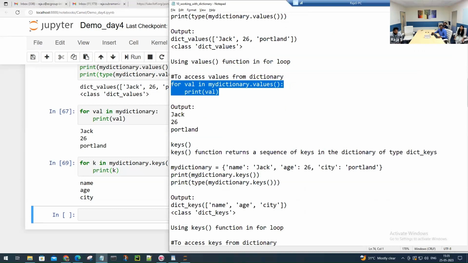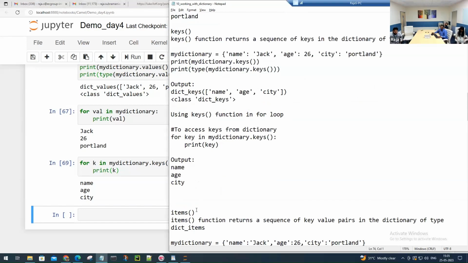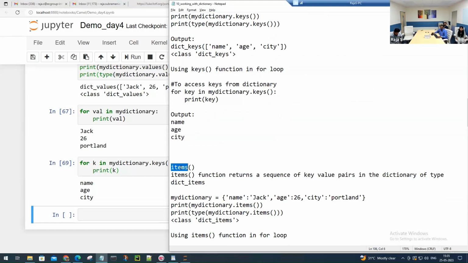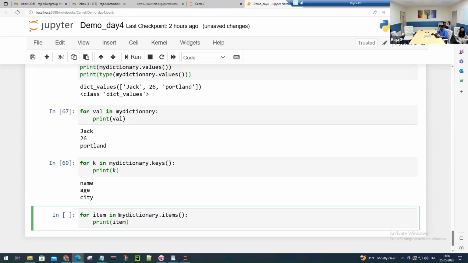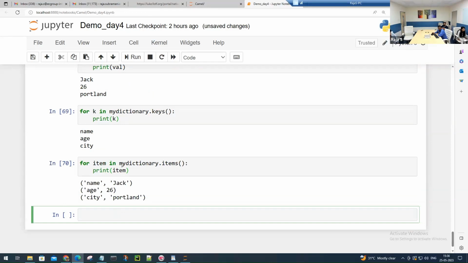And suppose I want to get both the key and value. For that I can use items. So this is another function: for item in my dictionary dot items, colon print item. Now you can see I'm getting key and value in a tuple, a pair in a tuple. This thing I can also get using the tuple unpacking method: for k comma v in my dictionary dot items,